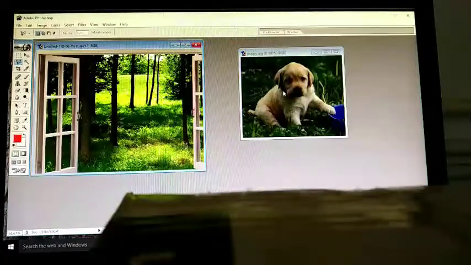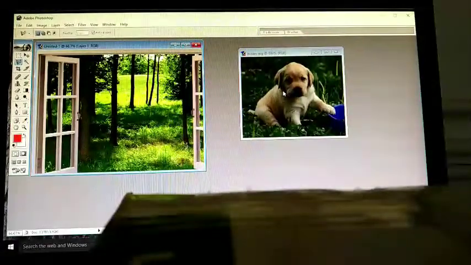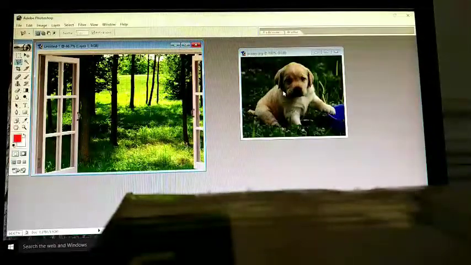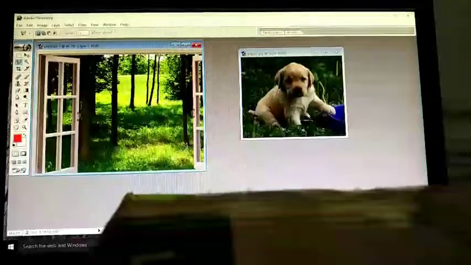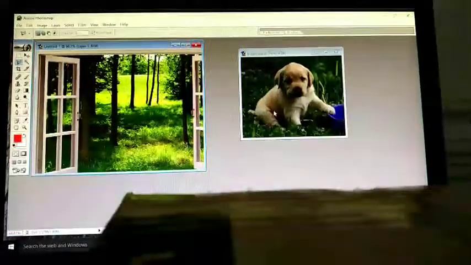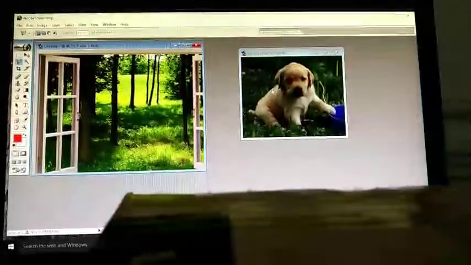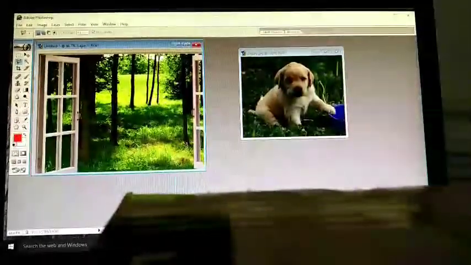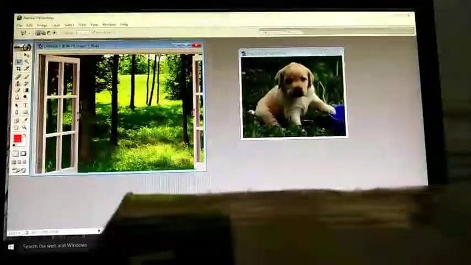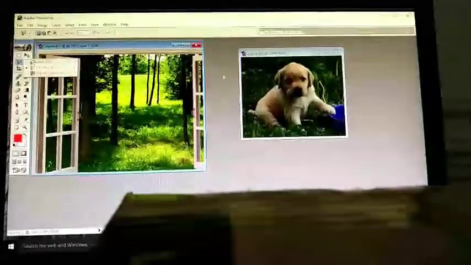Rectangle, it has 4 points. Pentagon has 5 points. Then hexagon has 6 points. So like that, polygon means a shape with many points. Okay, so like a polygon, you can click and select the image by clicking at particular points. This is the icon of the polygonal lasso tool.